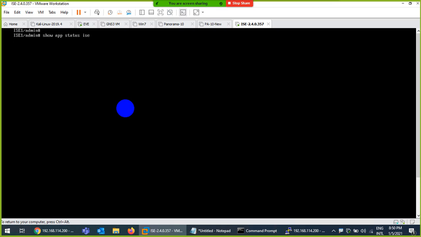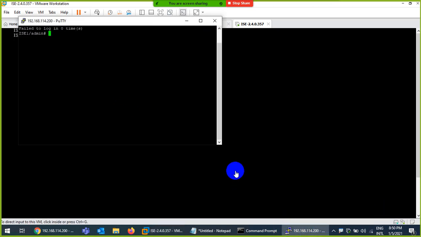So just wait a minute. You can also run this command from SSH.